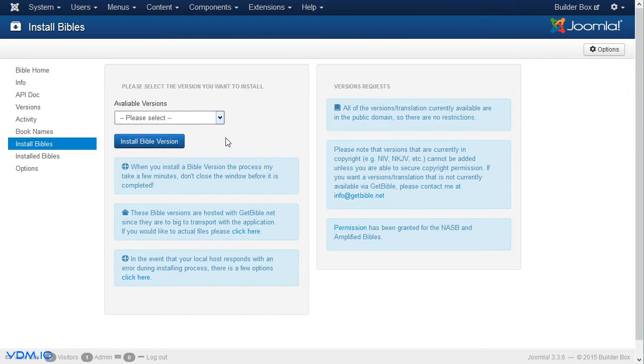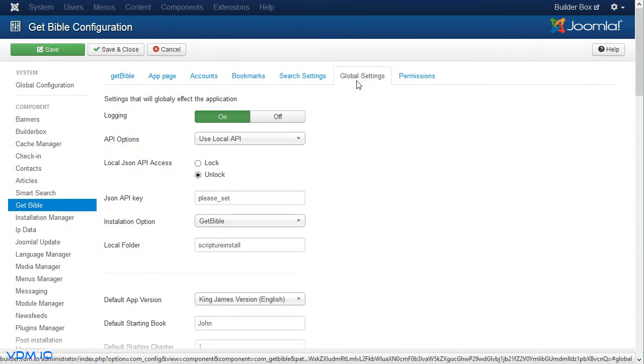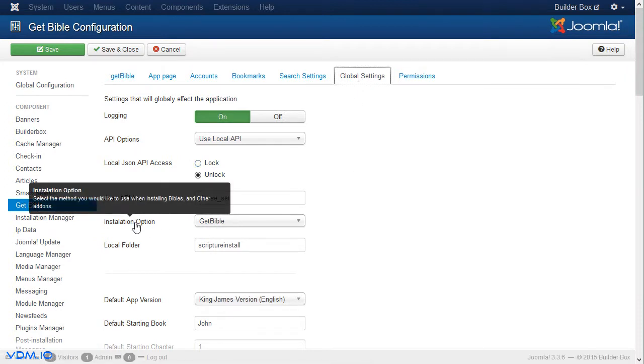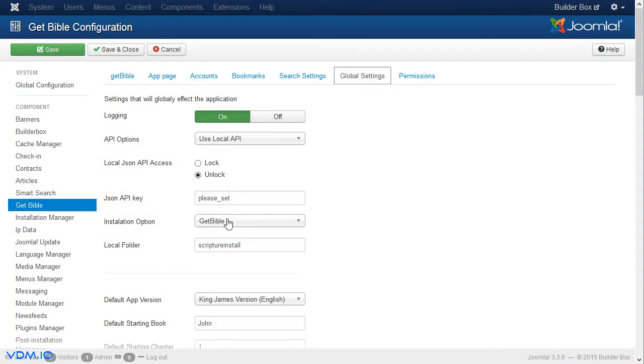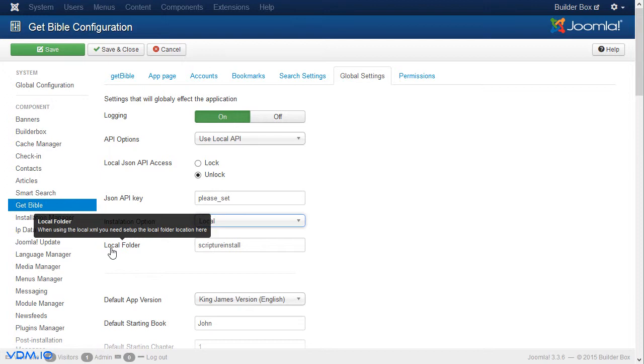Okay, to do a local install, there need to be a few changes. First of all, we go to Options. Then we go to the Global Settings tab, and we see that it says here Selection Option, and we change that to Local. And we see that it's got a local folder